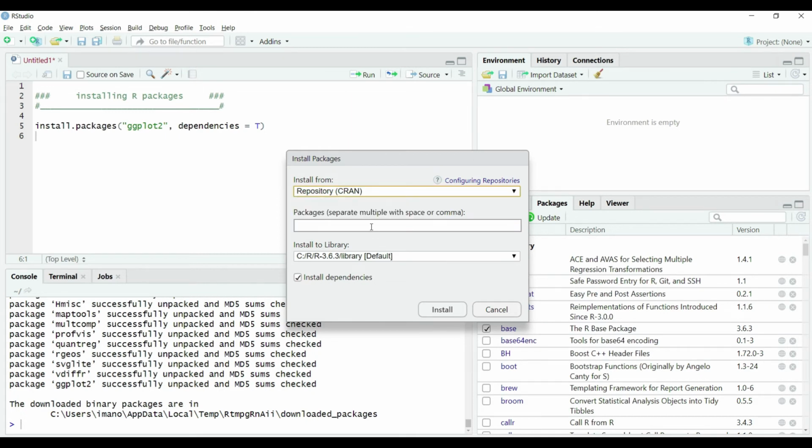The second option is where we type the package names, and each of these is separated by a space. The third option is where these packages will be installed, the location, which is set by default to our installation folder. We don't have to change that as well. The last option is whether or not dependencies need to be installed, and if the checkbox is ticked, like we are seeing on the screen, it will install all the dependencies, as it is set to true.